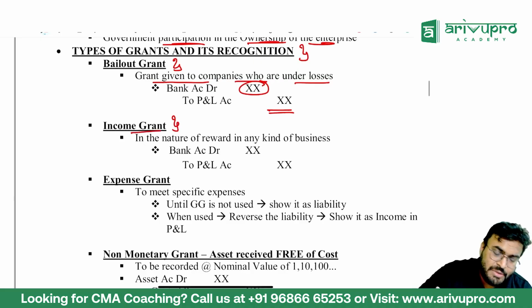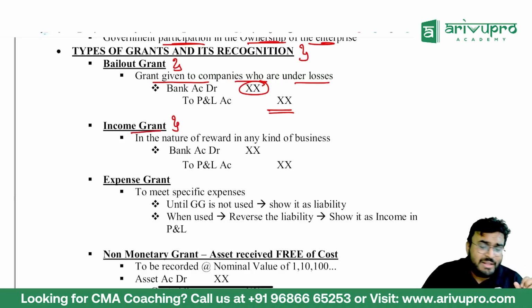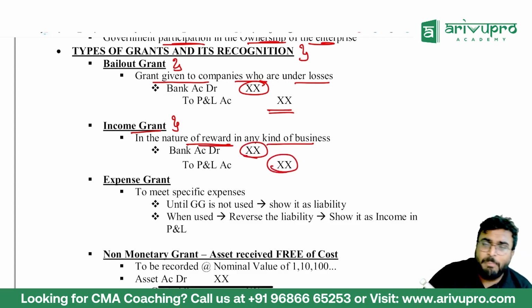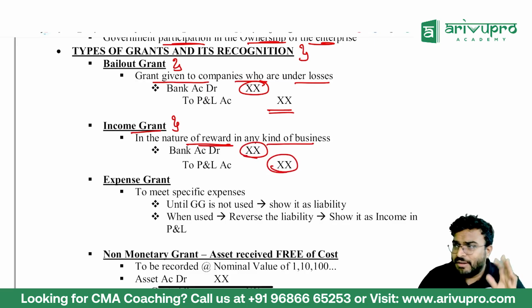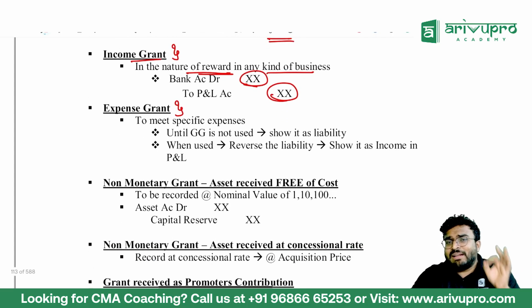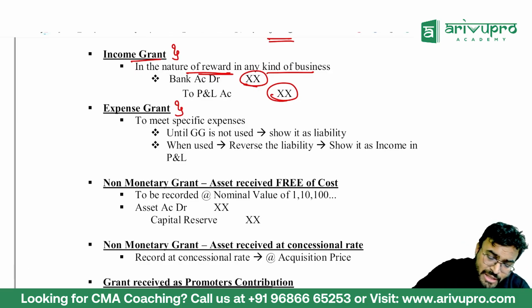Income grant. Income grant means what? You have done something good, and government is giving you money as a reward, in the nature of reward in any kind of business. Bank account debited to P&L account. They are giving you money. Clear? Expense grant. Government is giving you money, telling that this money should be used for expense only, to meet